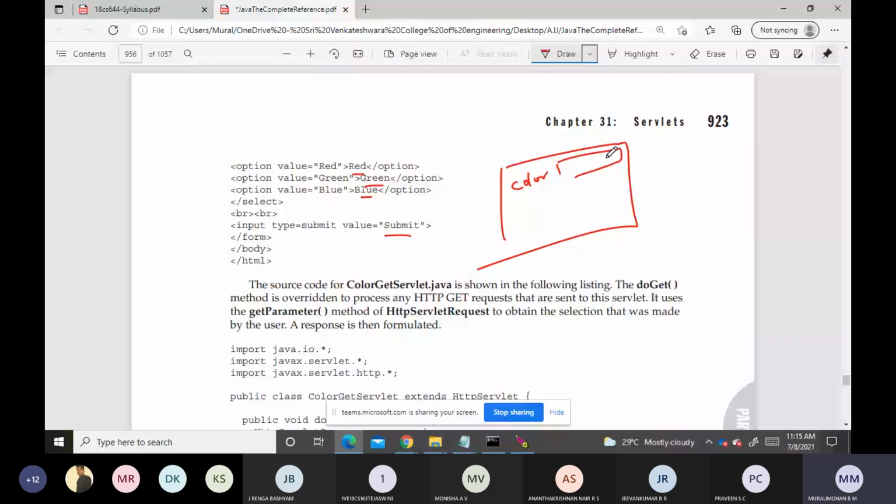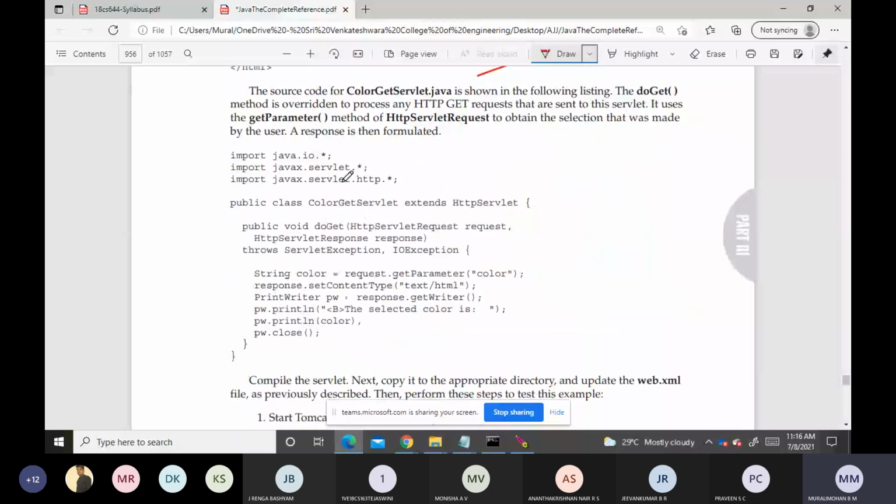When we click on submit, the request is sent to the server, and it should invoke the servlet. So where is the servlet? The servlet is here, where we are overriding the doGet method.